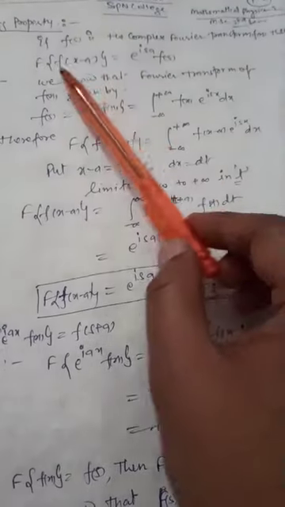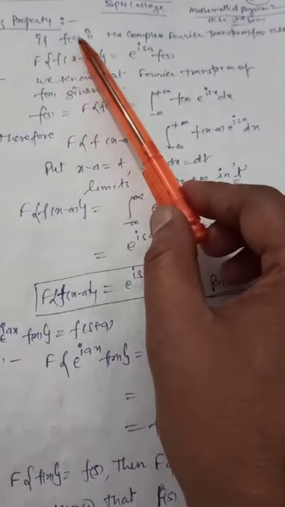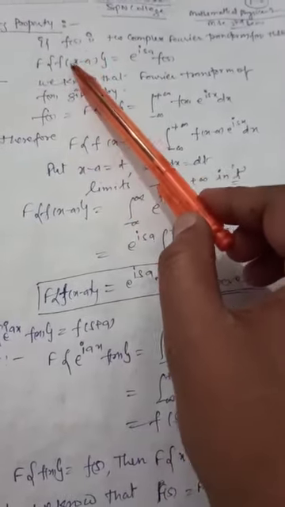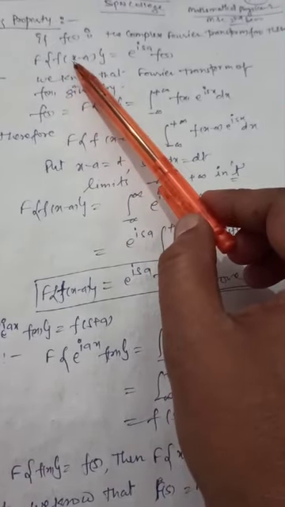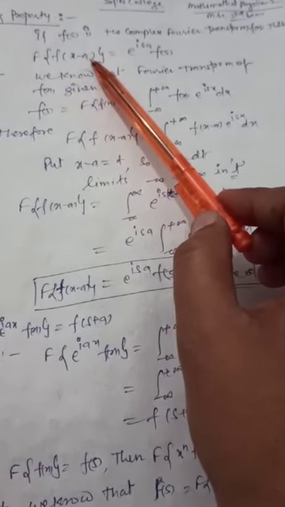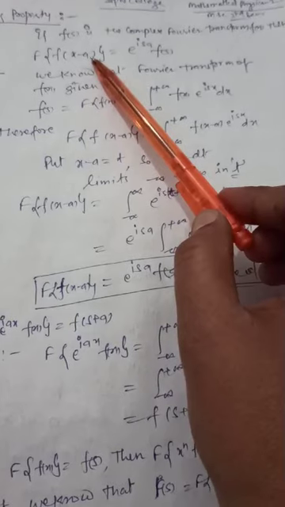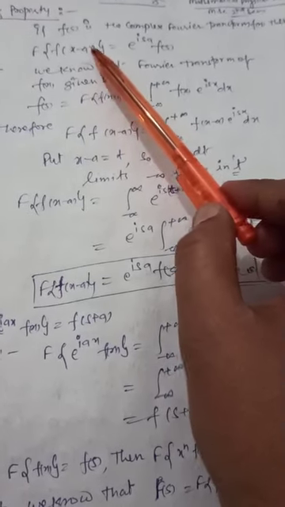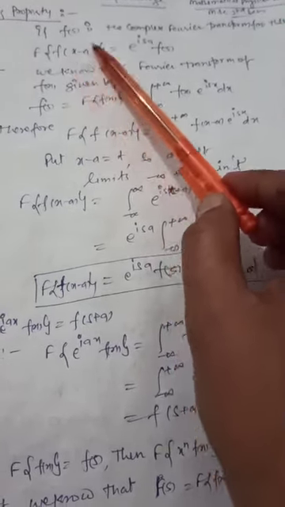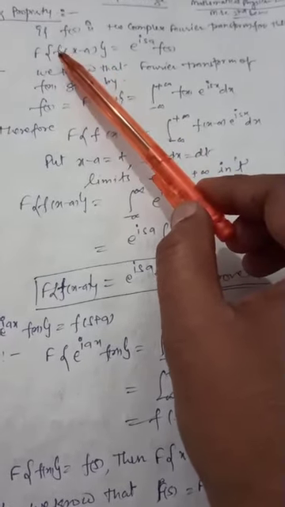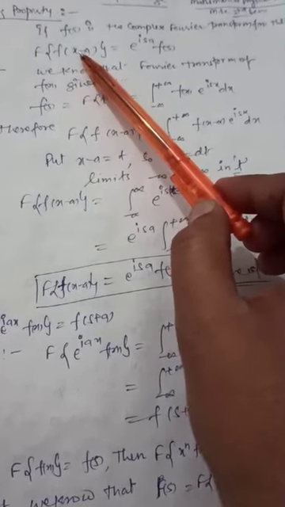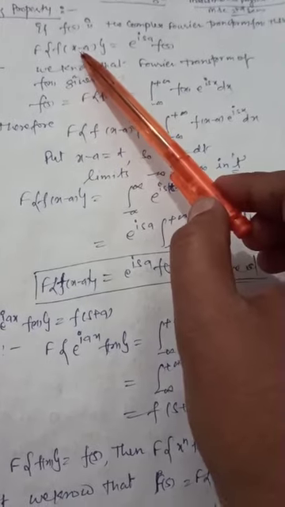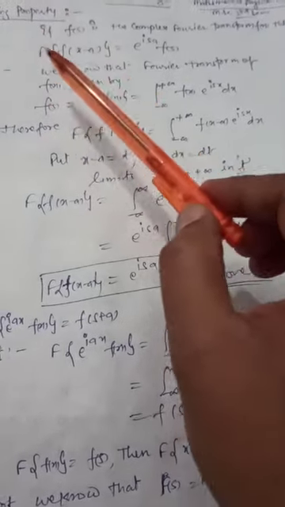Then the Fourier transform of f of x minus a, because here x is going to shift by some amount a, x minus a,